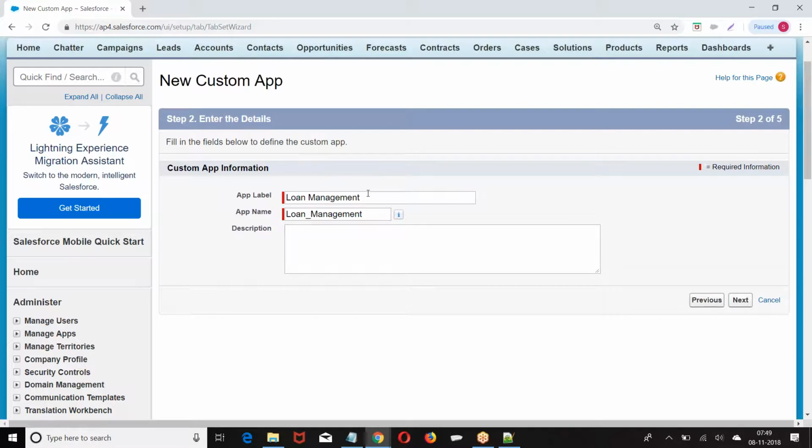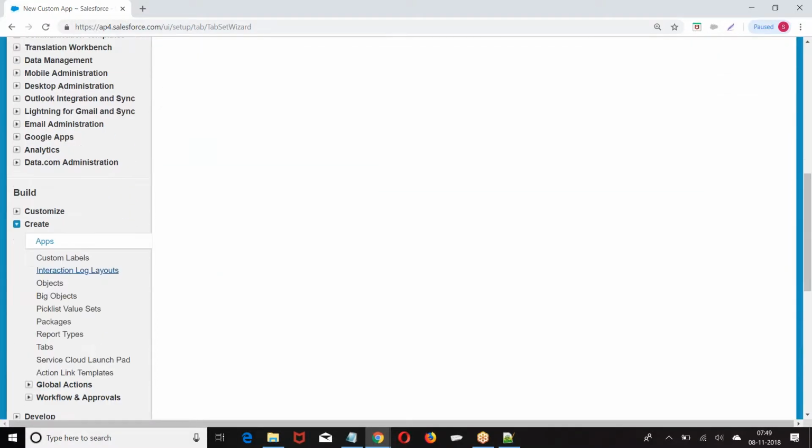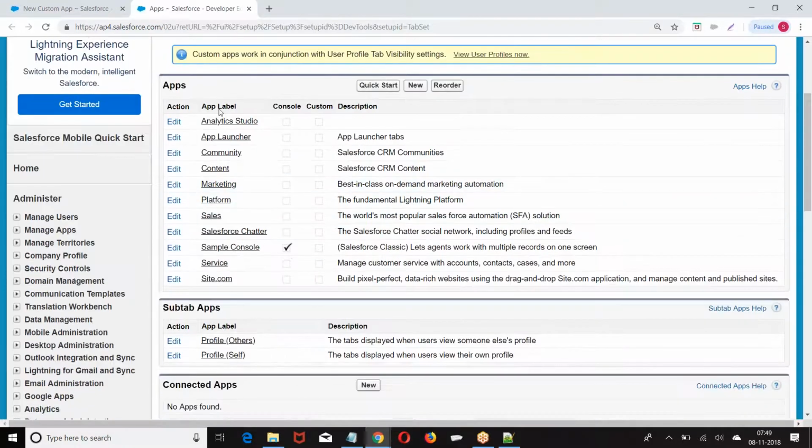Application label is the name with which the application will be displayed on the UI. Example, look at this. All these are a group of applications. With what label are they displayed? App launcher, community, all these are labels.